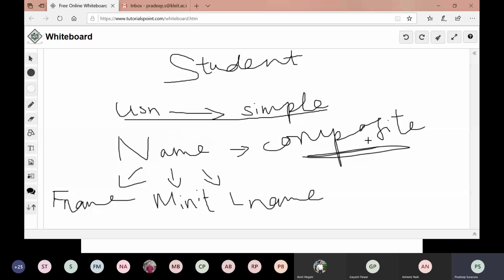Right. Next, one more is stored and derived.